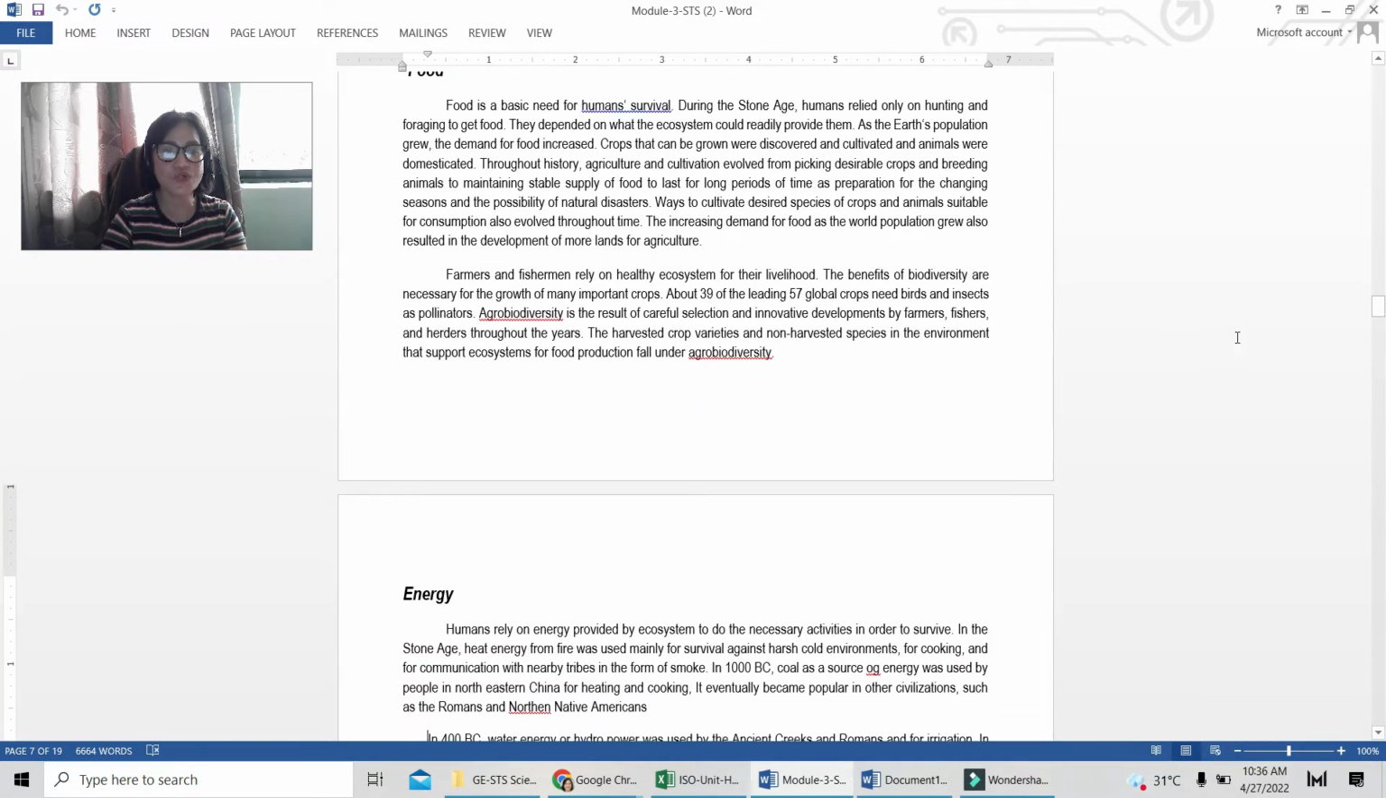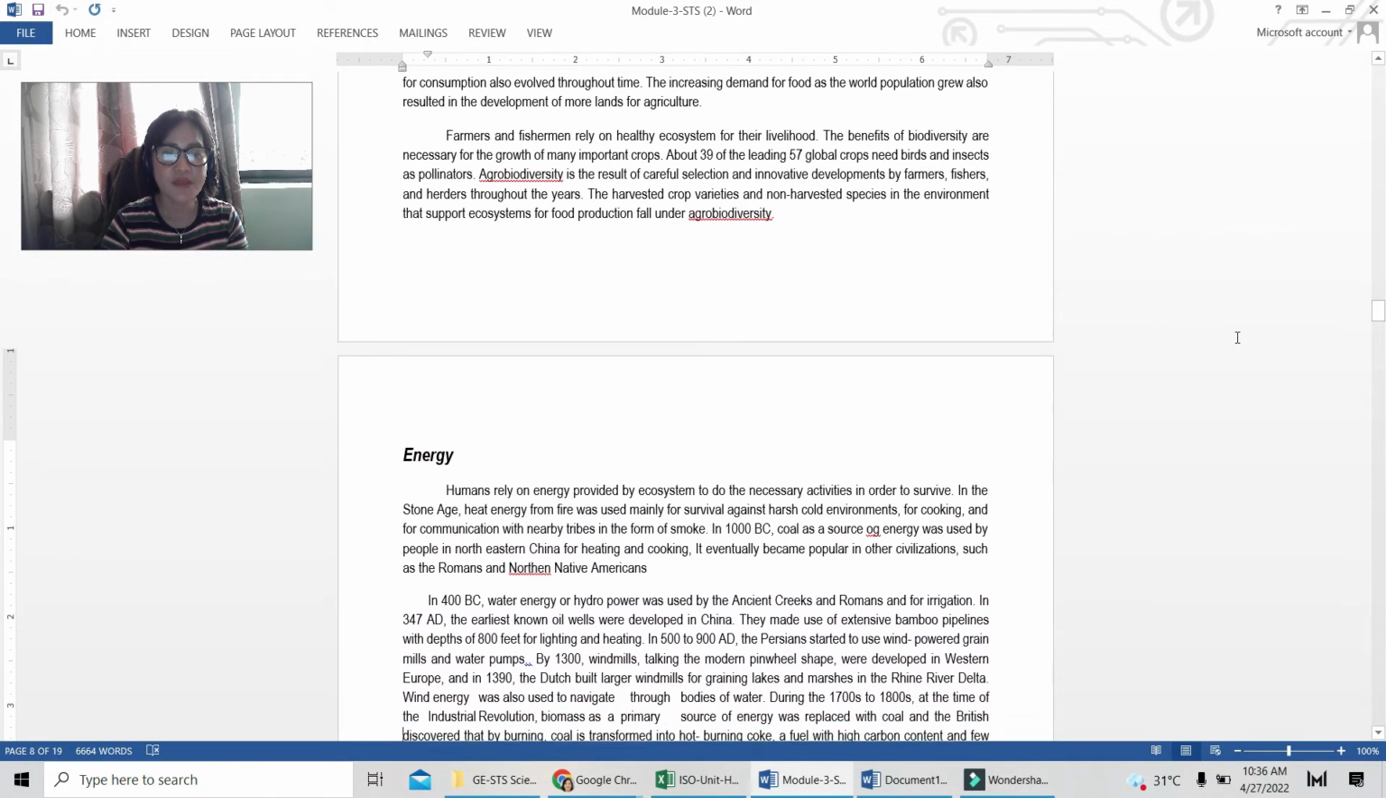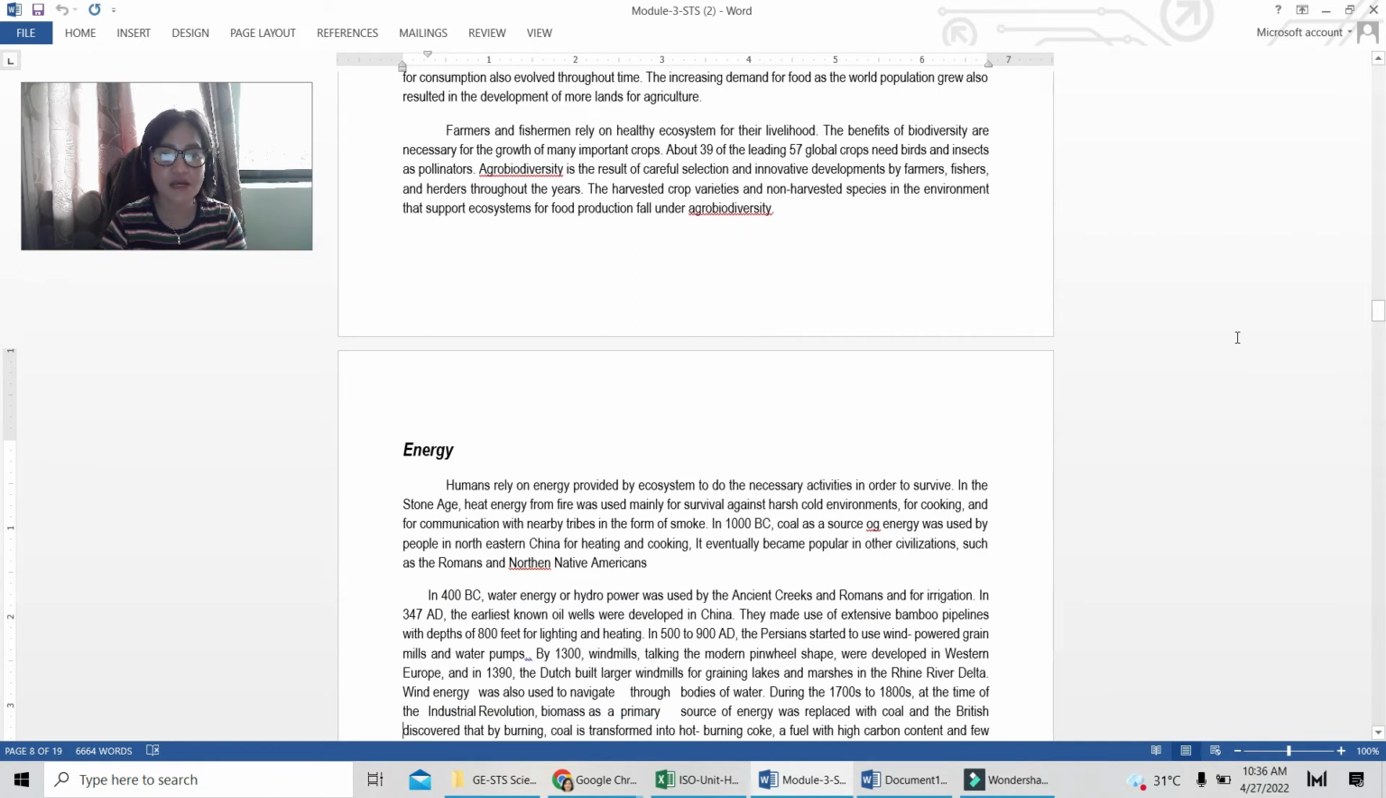And then we also have the energy. So energy, humans rely on energy provided by ecosystems to do the necessary activities in order to survive. In the Stone Age, heat energy from fire was used mainly for survival against harsh cold environment. So energy that comes from heat, which is fire, is actually one of the main means of survival, especially for the